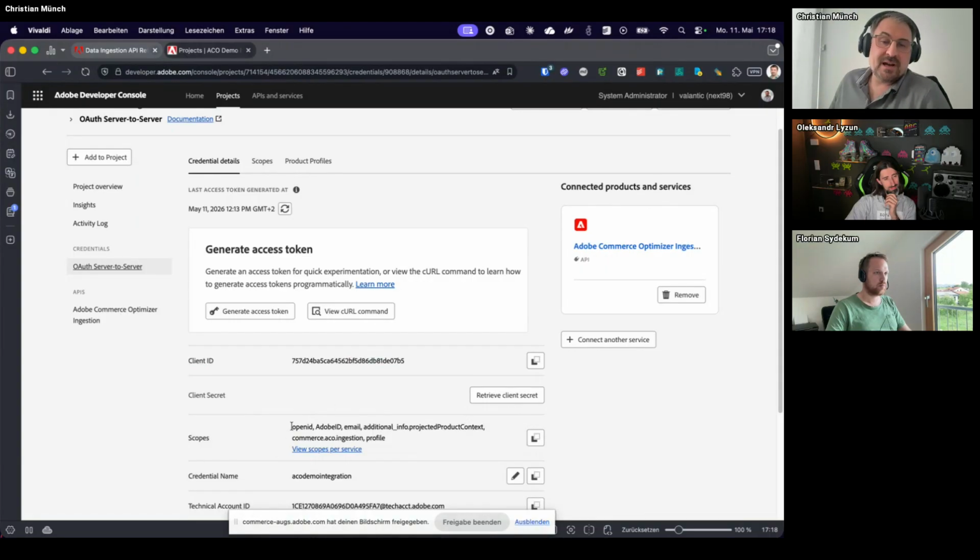And the third part that is needed is a scope. The scope is required when we fetch an access token. Then we ask for some data in the scopes. And it's important to have this Commerce ACO ingestion scope in our request.